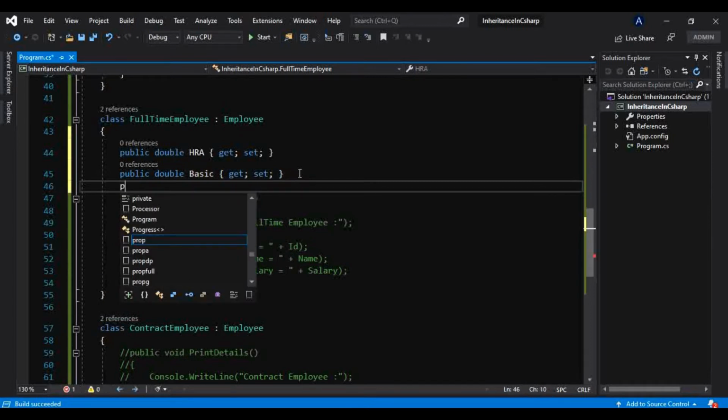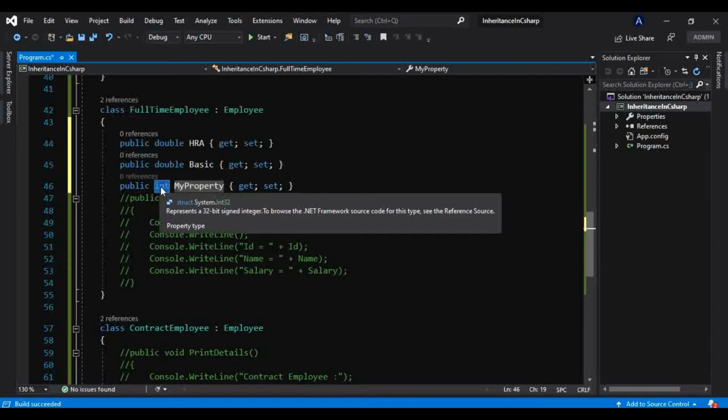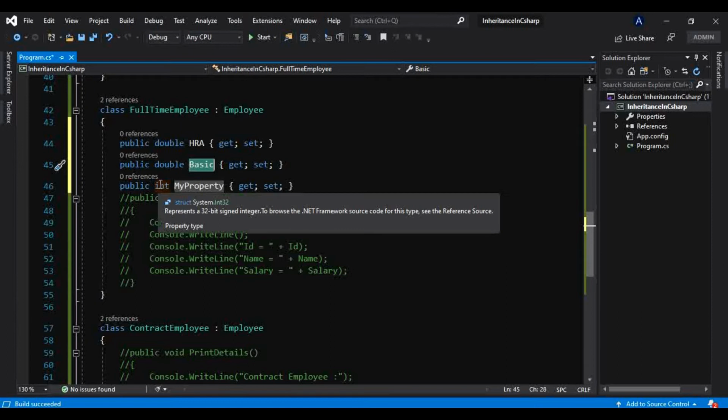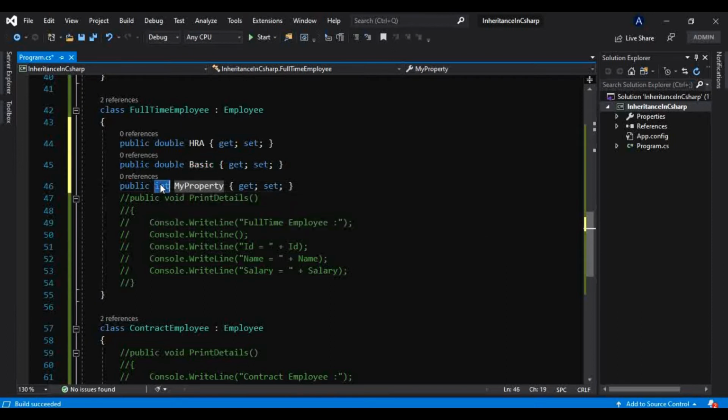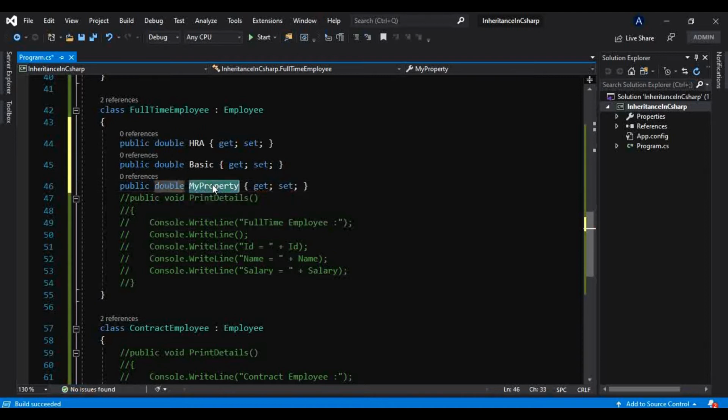But we will take only some of them, because we are not discussing here how to calculate a salary, but only what inheritance is. So we will just take some of the contents required to calculate a salary. I have taken this HRA, basic, and also let me add a tax here that we will deduct from that salary. Okay, tax.